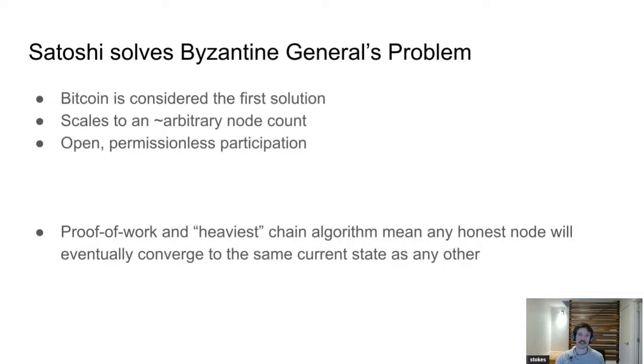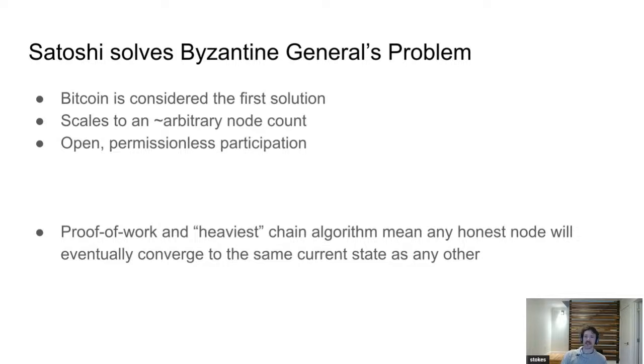You take this proof of work, and it also at the same time gives you this notion of weight to a chain, or difficulty. And the consensus algorithm is pretty straightforward. You just look at the chain out there that you can observe from the public internet, and you pick the heaviest chain, or the one with the most work done.